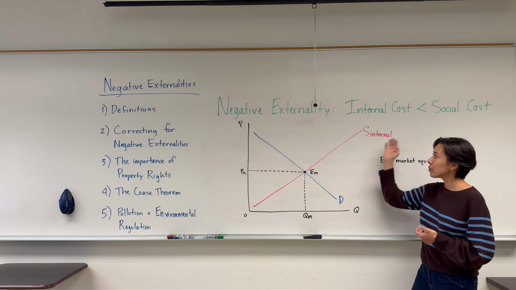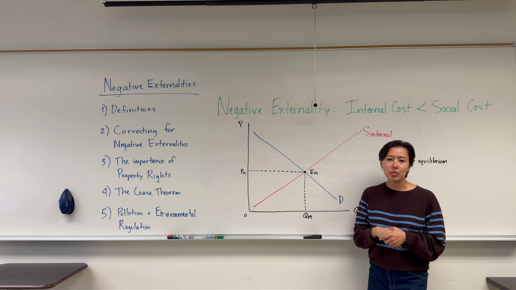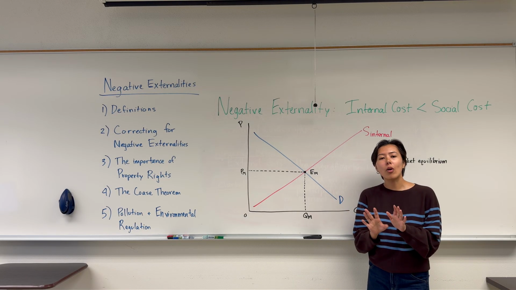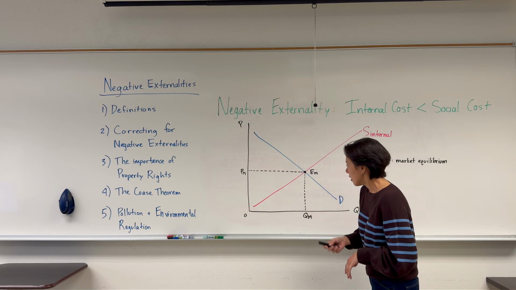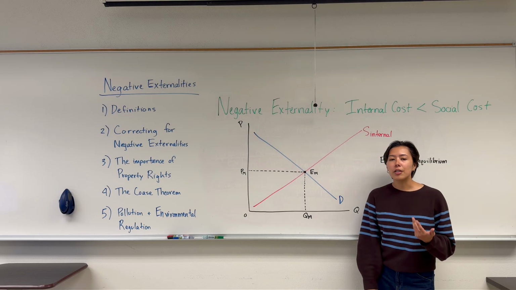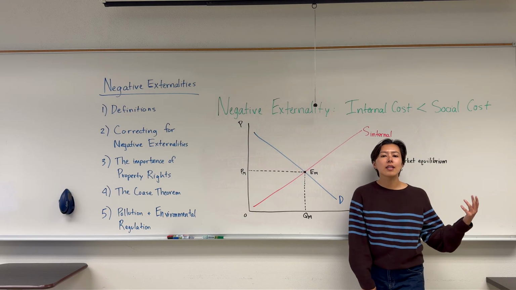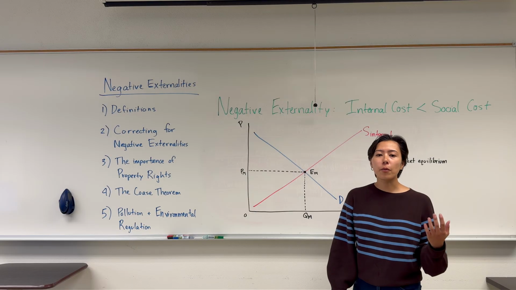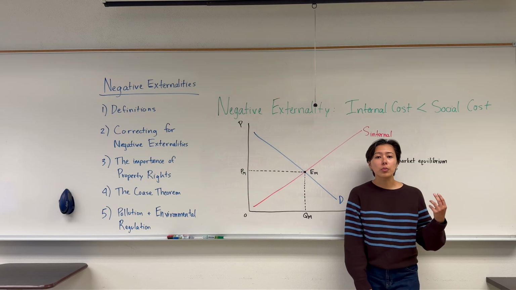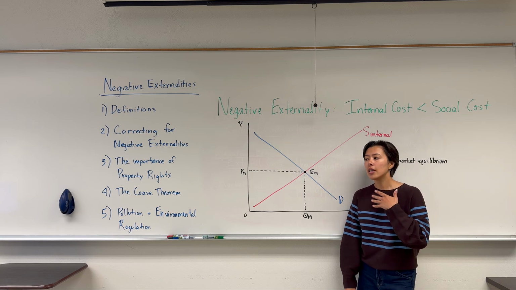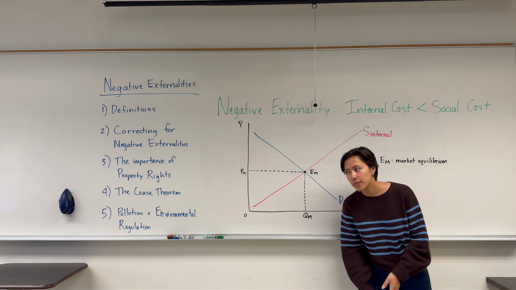I'm going to continue to produce from my polluted factory, and I'm not going to consider at all the harmful pollution that I'm imposing onto others. So in order to get away from this and achieve the social optimum, we need some kind of regulation. We need to force this party to internalize the externality. We want to make me, with my dirty factory, pay for the social cost.